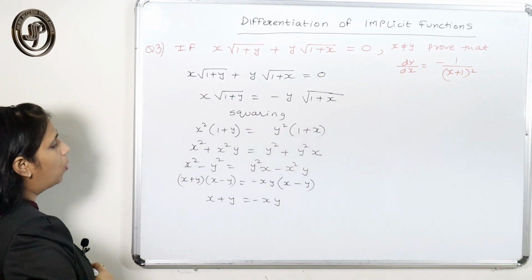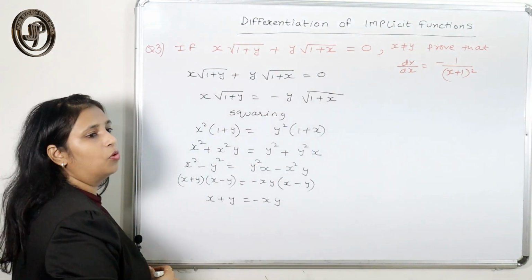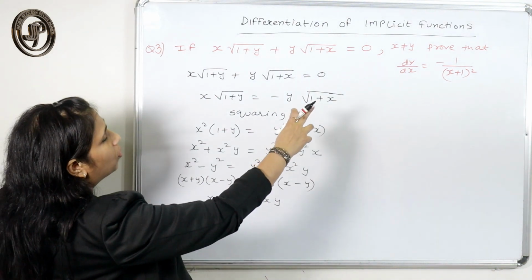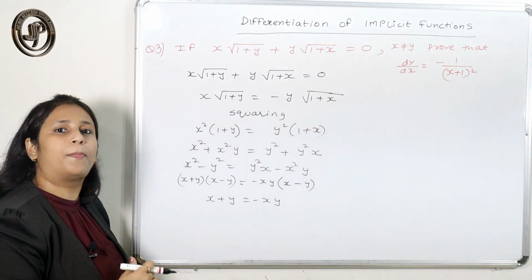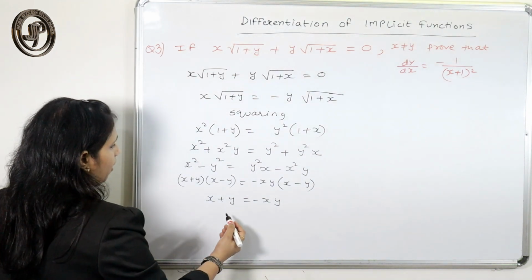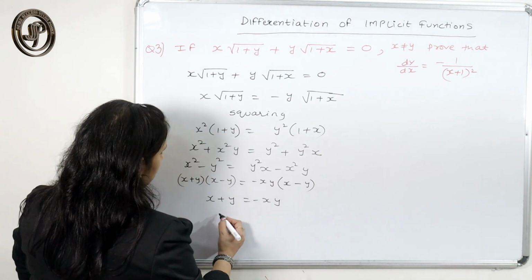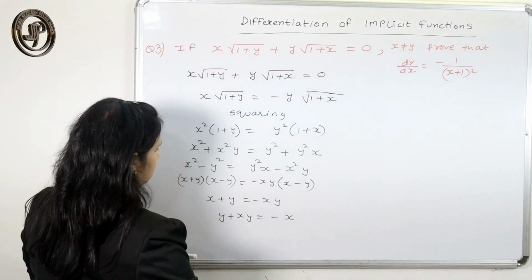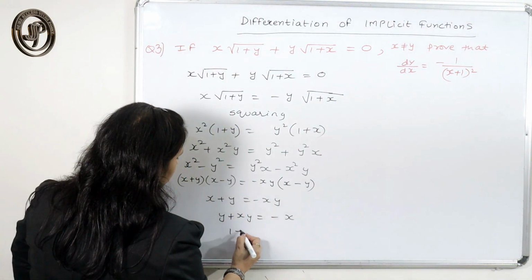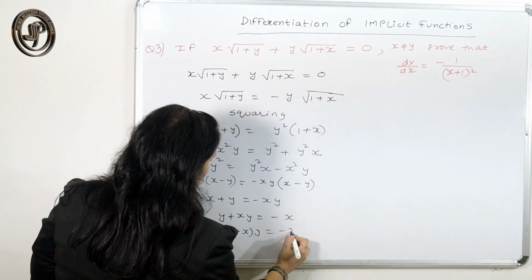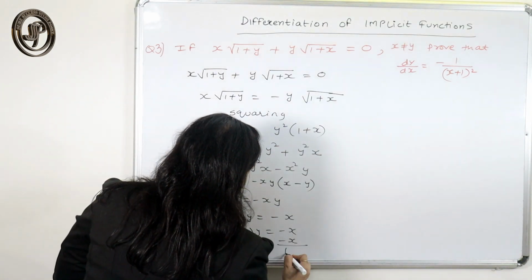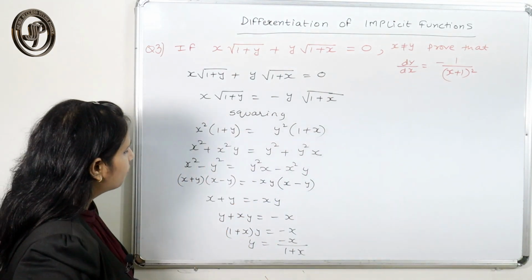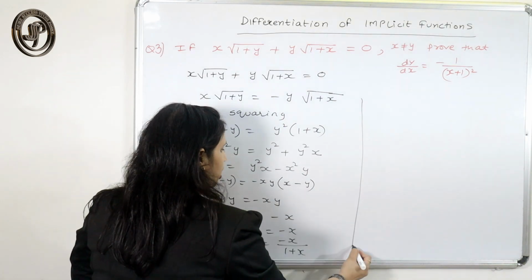Now since I need to prove this, you could also differentiate it because it is a simple implicit function, but you have to prove the thing which is independent of y. So right now I am just transposing these things to find the value of y in terms of x. So I can easily find the value of y in terms of x as this. Now I can differentiate this. How can I differentiate this?